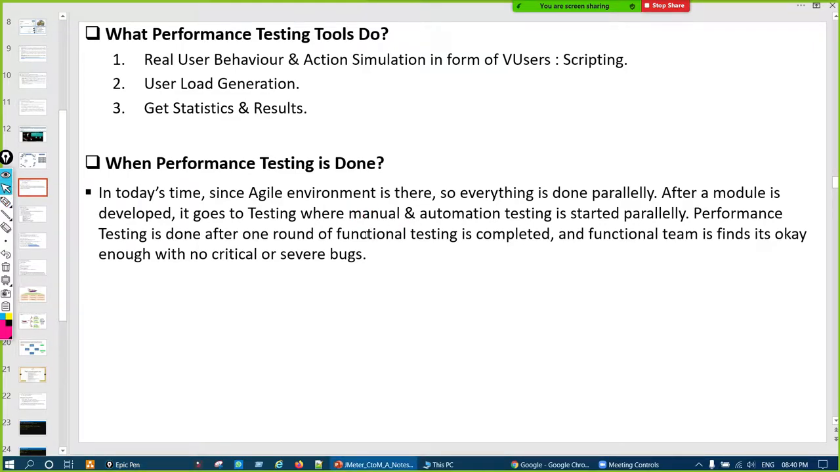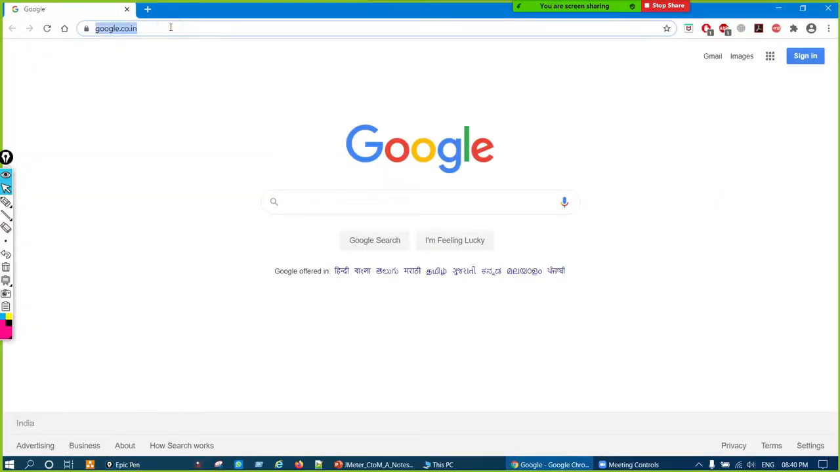I'll write it later on. One round of functional testing should be done for that particular module, and if the functional team says that it's okay and there are no critical or severe bugs in it, then we can go ahead and do the performance testing of that particular module, right? Now what is a module? Let us take any website, or this Gmail, right? Gmail only. So the developer,